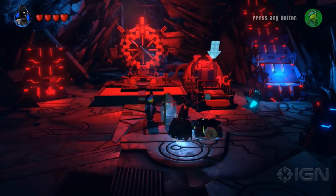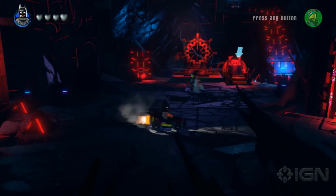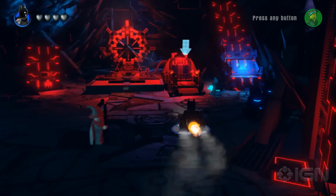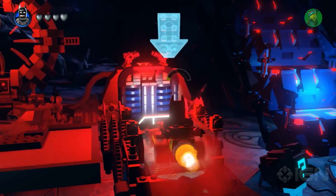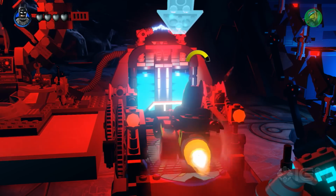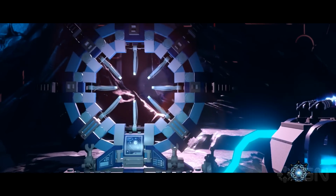So whenever I put that model on now, the toy pad, that's the Batmobile I'm going to get. Later on I'm going to get the ability to power that up with gold bricks that I can collect, give it new abilities, and crucially I can rebuild it as well to get new abilities. Excellent. Okay. So let's transfer some of the Batmobile's power to the toy pad and to the gateway,